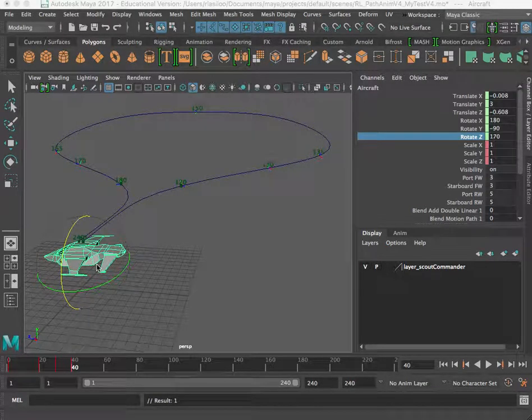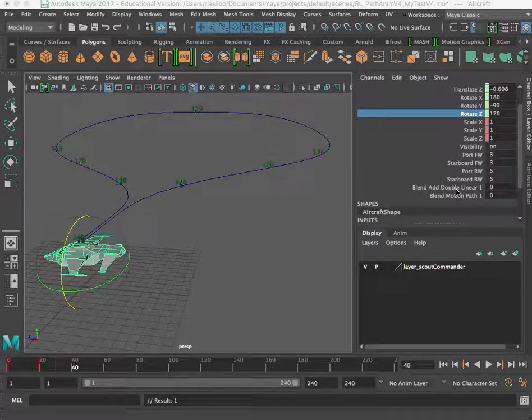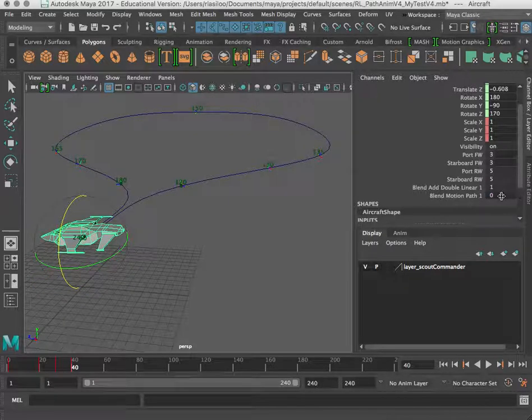So with the ship selected and the channel panel open, if we take a look at the two bottom attributes here, you see blend add double linear 1 and blend motion path 1. Currently it's set for 0, but if I were to switch these to 1, 0 being off and 1 being on,